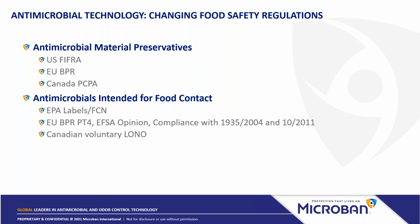The EU has both the Article 95 Product Type 4 listing, which is the product type approved under the BPR explicitly for food and feed use, as well as the EFSA, or European Food Safety Authority, who can provide expert opinions for the approval of antimicrobial substances for food contact applications. And as I mentioned earlier, there's also the Canadian Voluntary Letter of No Objection, or LONO, that can be issued